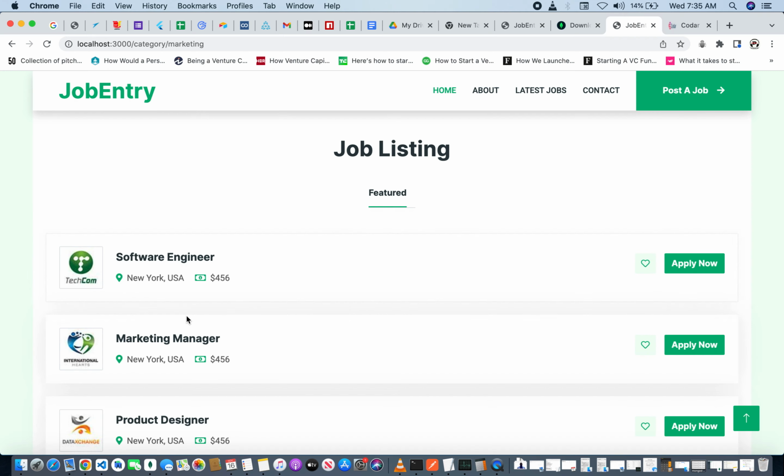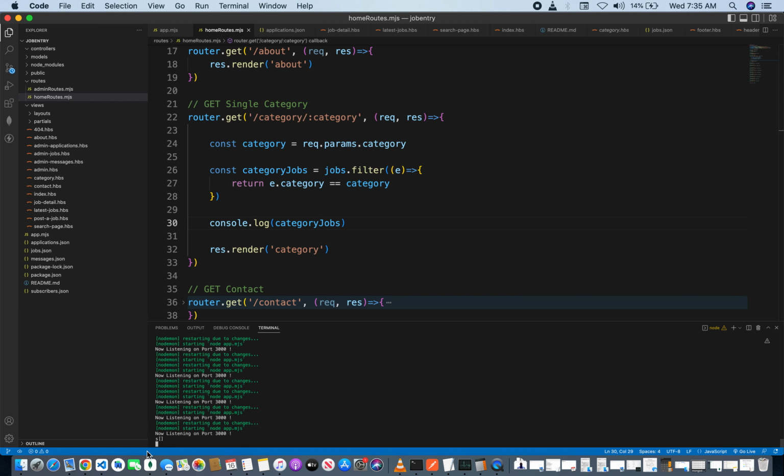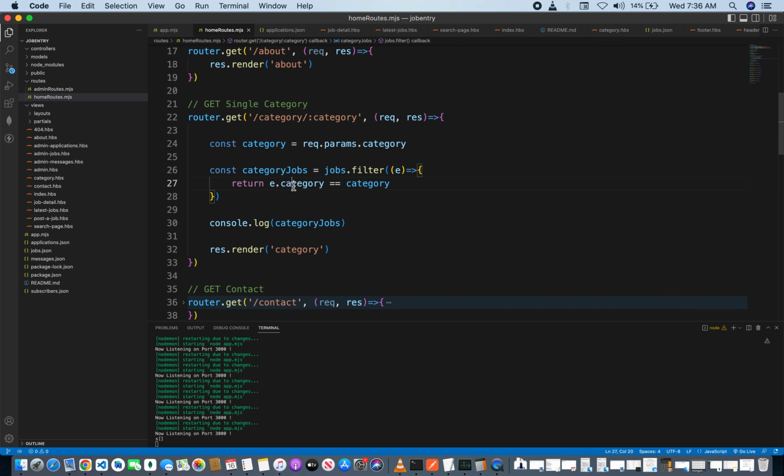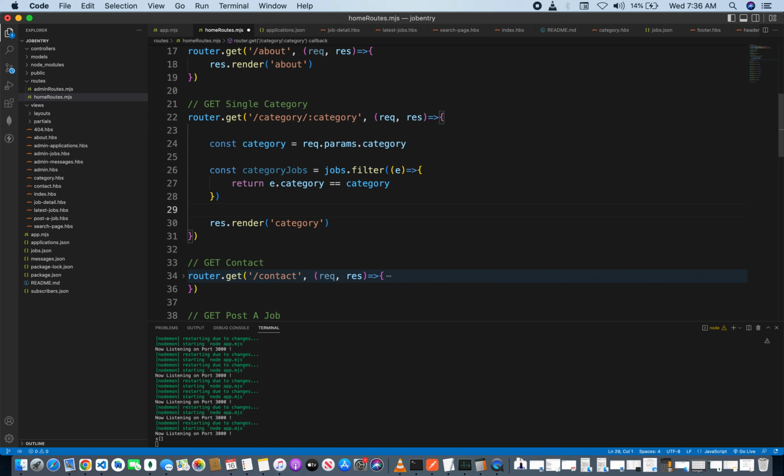Meanwhile, if we do customer service, we'll get no job. Why? Because there's no job where the category field is customer service. So now what we want to do is send back this current jobs object here so that we can loop through. So the categoryJobs object, rather. So now this categoryJobs should be going into that